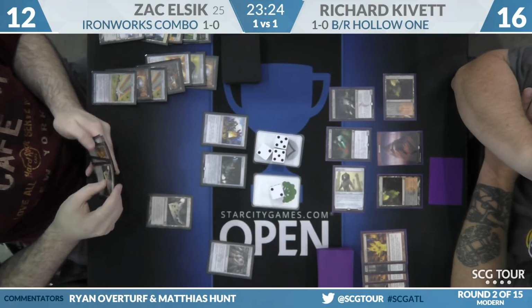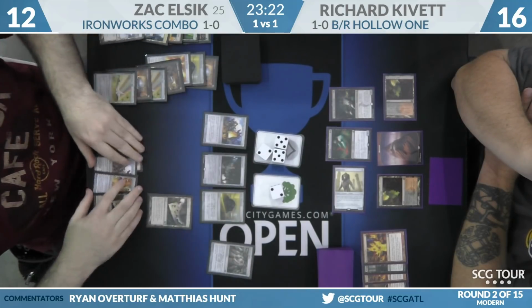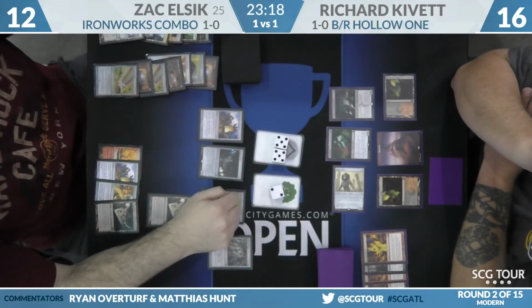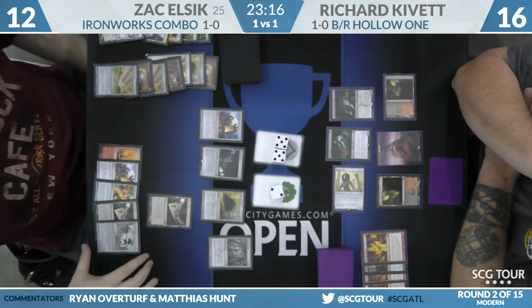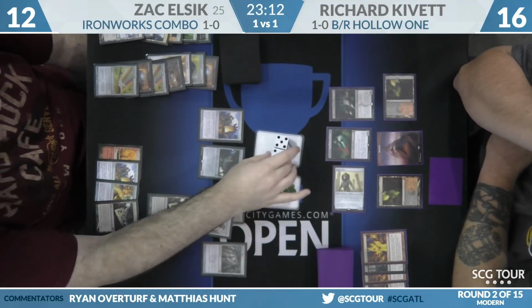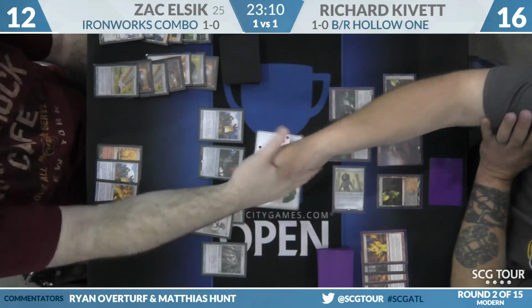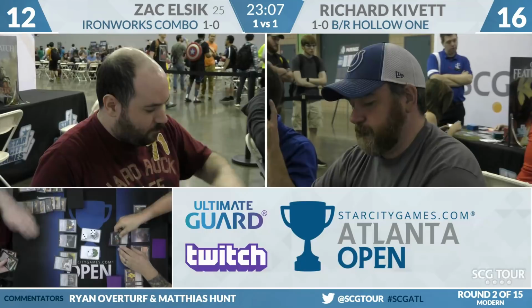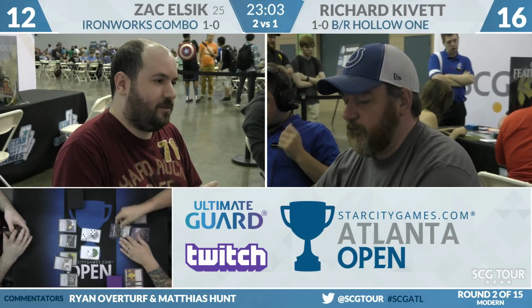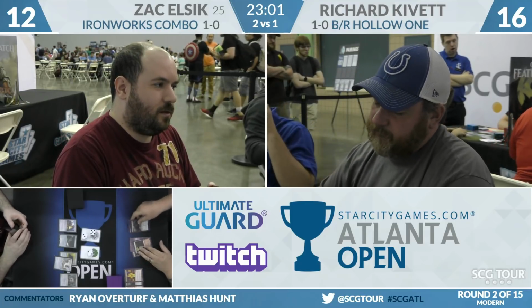He's drawn an Iker Wellspring as well. And now he's going to demonstrate. You can see he's playing face up. That's him showing a lot of confidence in him not missing. Mere Retriever should set things up. Yeah, Retriever, a ton of value. Yep. And Retriever plus Wellspring will actually just get the rest of the deck here. Yep. And Richard will extend the hand. 2-1, Zach Elsik defeats Richard Kivett. Richard wants to present a clock to get